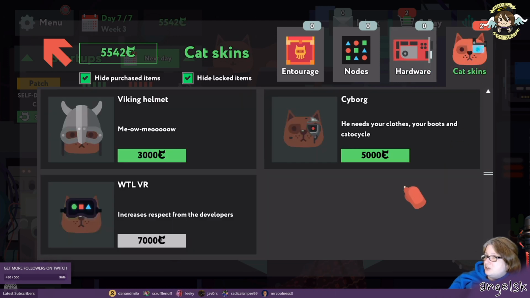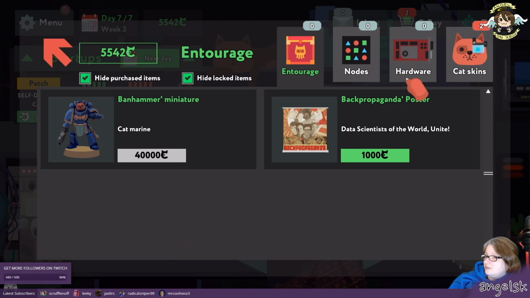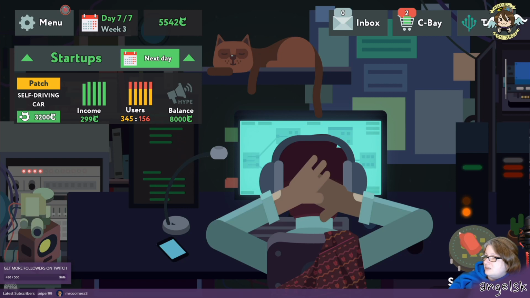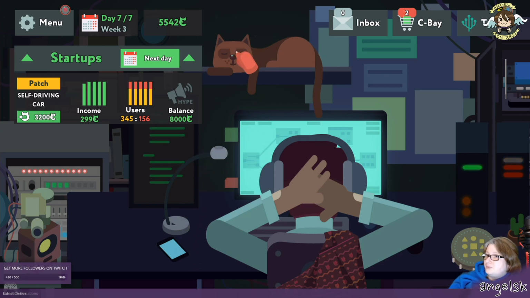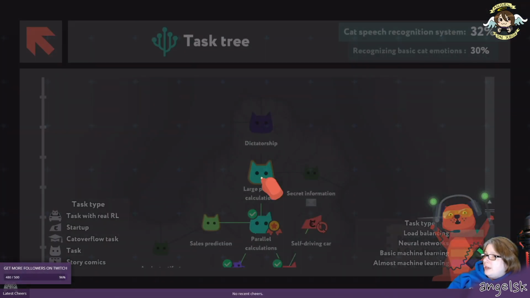At some point, I really do want to buy cat skins, but I can afford to buy the little inexpensive stuff like cactuses, you know, things like that. But what I don't want to do is